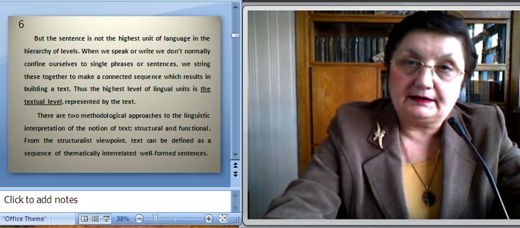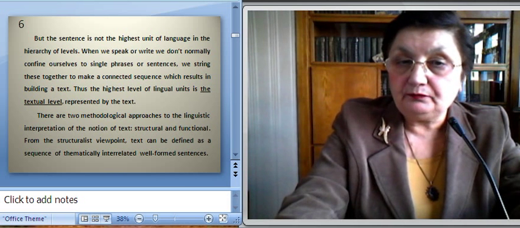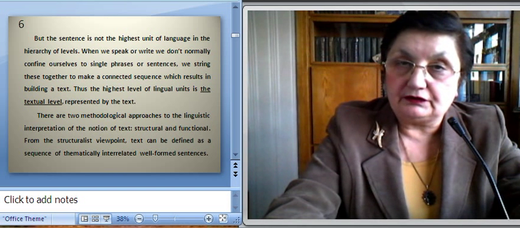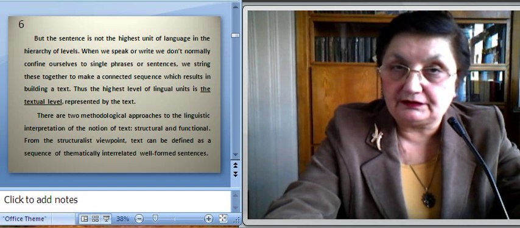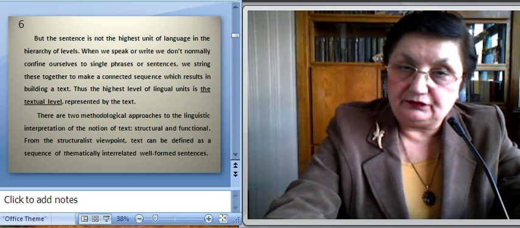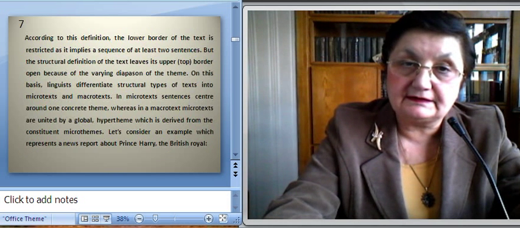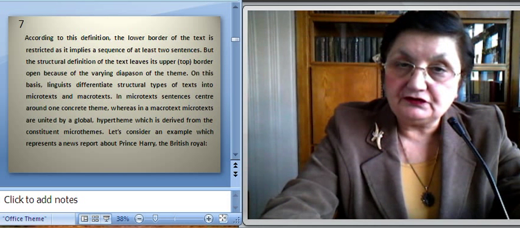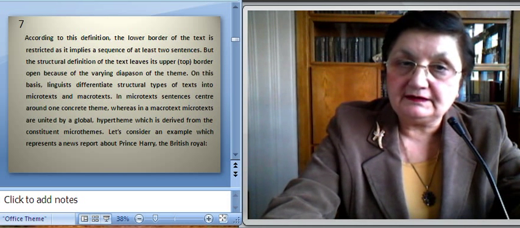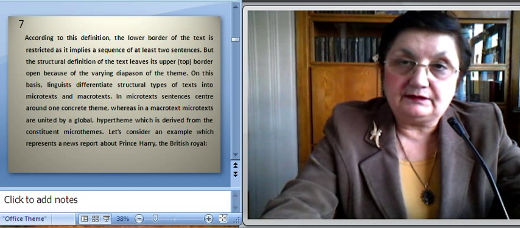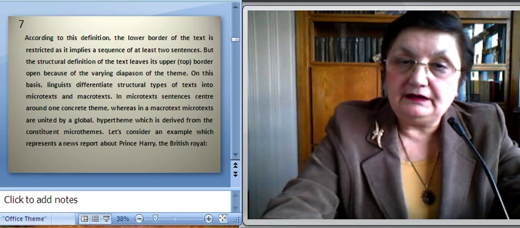two methodological approaches to the linguistic interpretation of the notion of text, structural and functional. From the structuralist viewpoint, text can be defined as a sequence of thematically interrelated well-formed sentences. According to this definition, the lower border of the text is restricted, as it implies a sequence of at least two sentences. But the structural definition of the text leaves its upper top border open because of the varying diapason